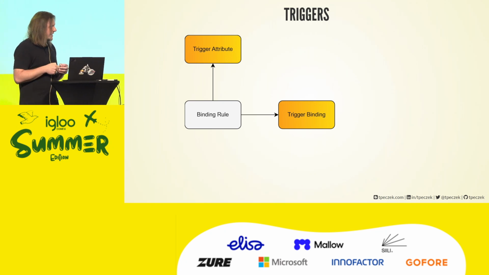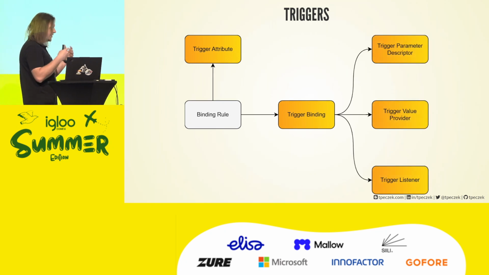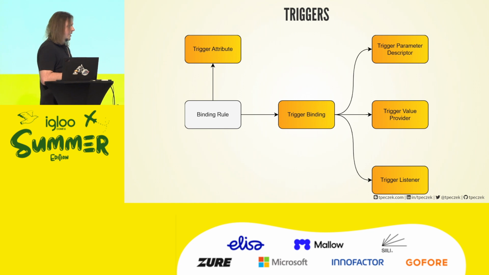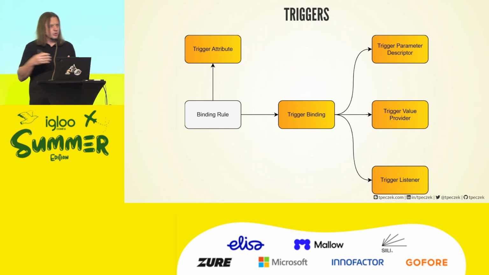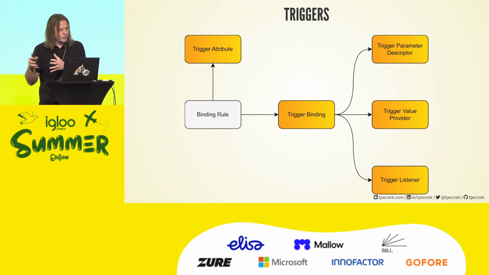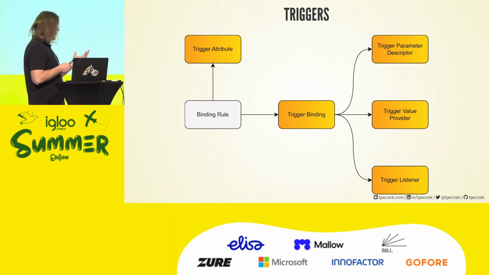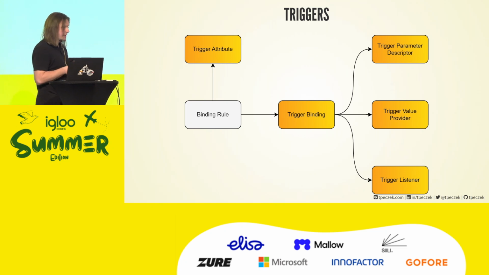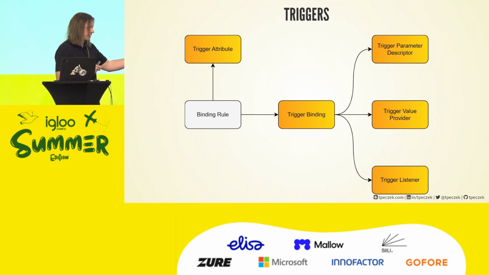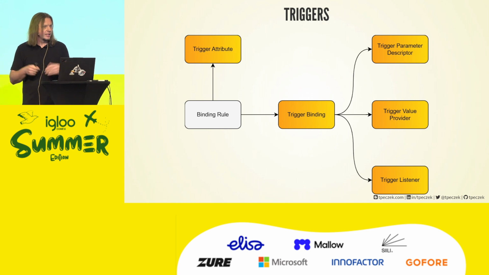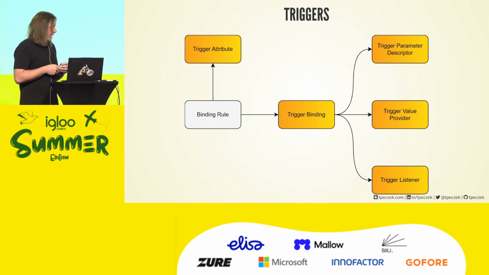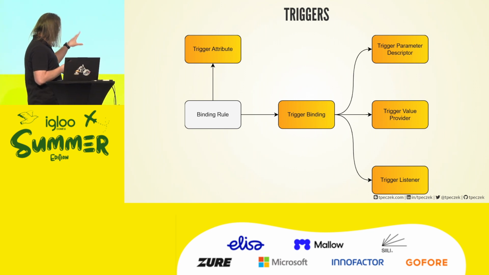What does that mean? They have to create a couple of types, like the descriptor of the invocation, the value provider, with an optional way to provide the value for the invocation, and that most important part, the listener. So that part that is actually attaching to our service, listening for the events, causing invocations. And even on a diagram, it's no longer as clear as the bindings were, right? So once again, we are digging a little bit into the code.